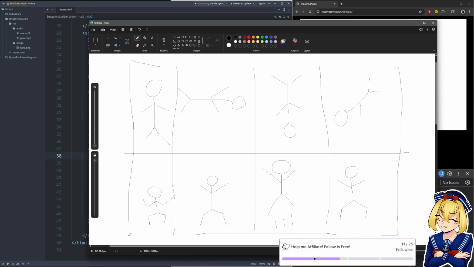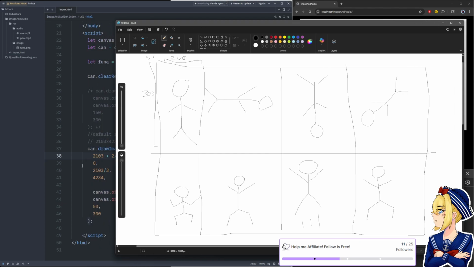And this would be our full image, right? So then let's say each of these widths are like 200 pixels. Each of the heights are maybe like 300 pixels. So something like that is our measurement. Then some quick maths to figure this out: this is 0, 0, which is going to be here, right?